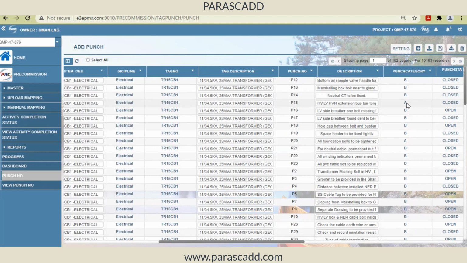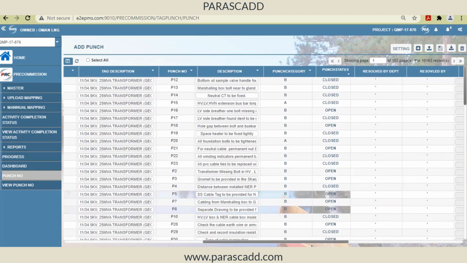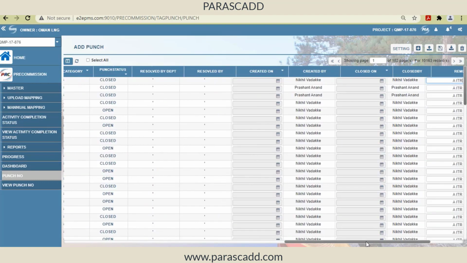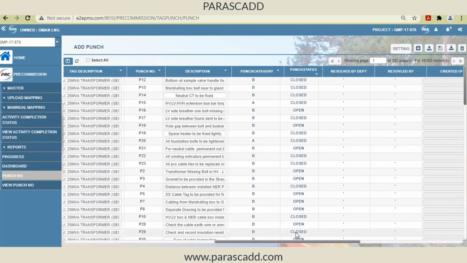All BITRs have to be completed, and after completion of BITR, if there are any open B category punch points, those minor punch points have to be closed, so that I can go for SCC. So this is how it is designed here, and these punch points can be monitored: who has generated them, why some punch points are pending from the last one week from a particular discipline. All that tracking can be done.